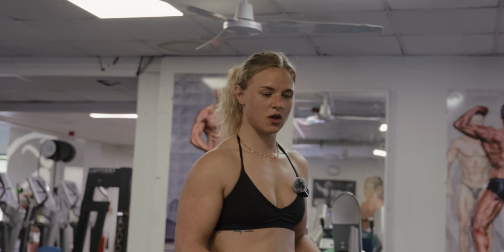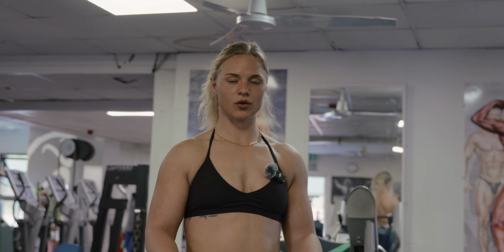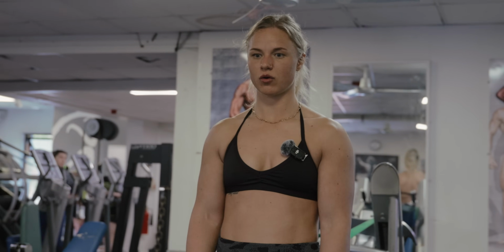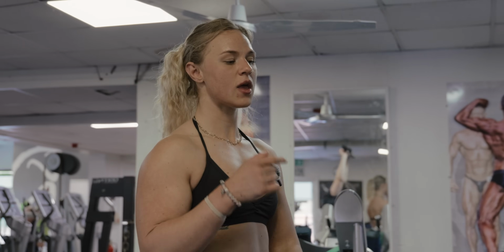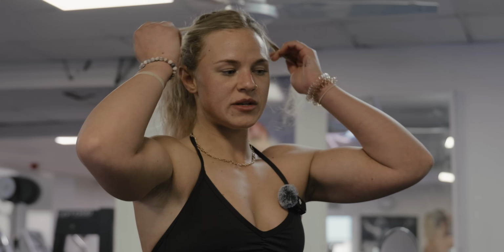I normally do biceps on cable, and I'll vary it between using a rope, standing facing into the cable, and literally just bicep curl, like a hammer curl. Or I will face outwards and use a D handle, do it single arm, and curl it that way. If I'm doing dumbbells, just because the cable's busy at the moment, I will do it